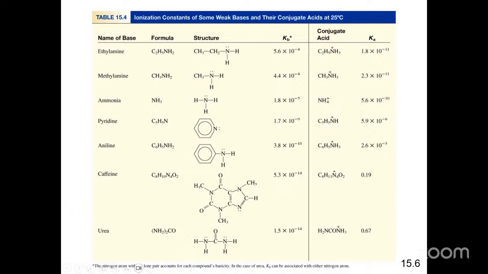And that's true for every one of these cases, right? The Ka of the weak acid multiplied by the Kb of the conjugate base will always be equal to 1.0 times 10 to the minus 14 at 25 degrees. As I said before, that's the temperature at which these values are usually quoted. So basically,